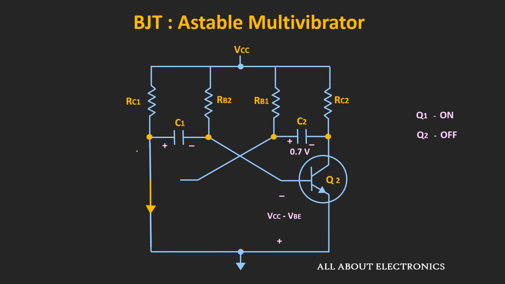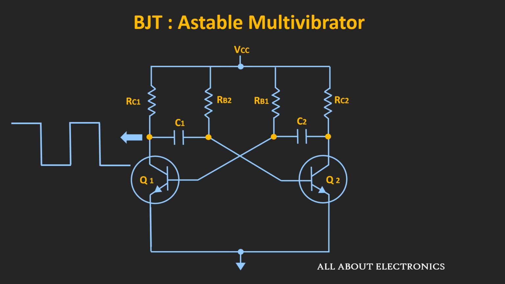And if you see the output over here, once again there will be a transition from high to low. And similarly, if you see the output at the other side, that means at the Q bar, then it will be exactly opposite. So in this way, the output of the multivibrator changes continuously between the high and the low state. So here the charging of the capacitors decides the on and off time of the multivibrator,